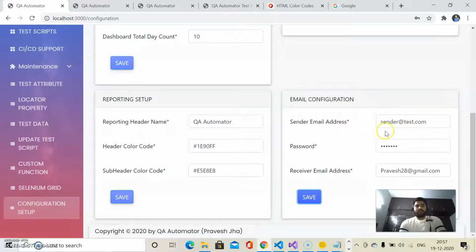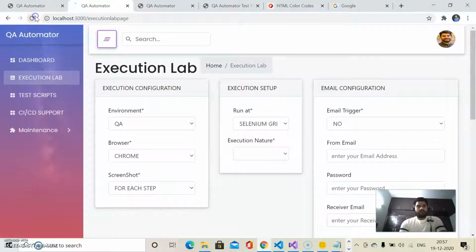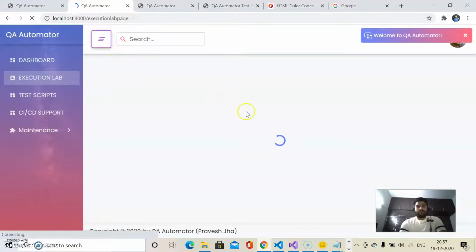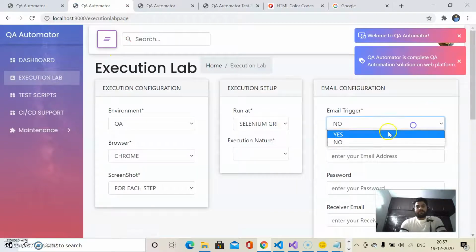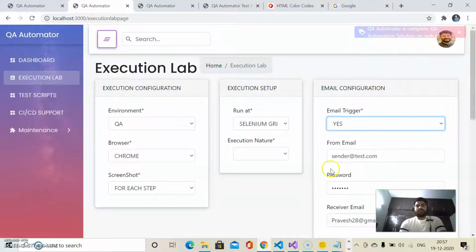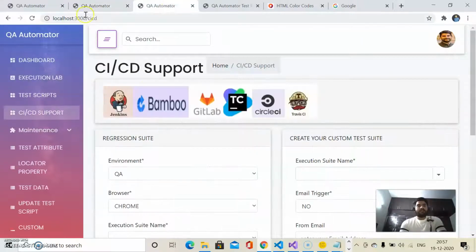So let me open the execution lab page, and now you can see that the updated information is available on the execution lab page as well as on the CI/CD page.